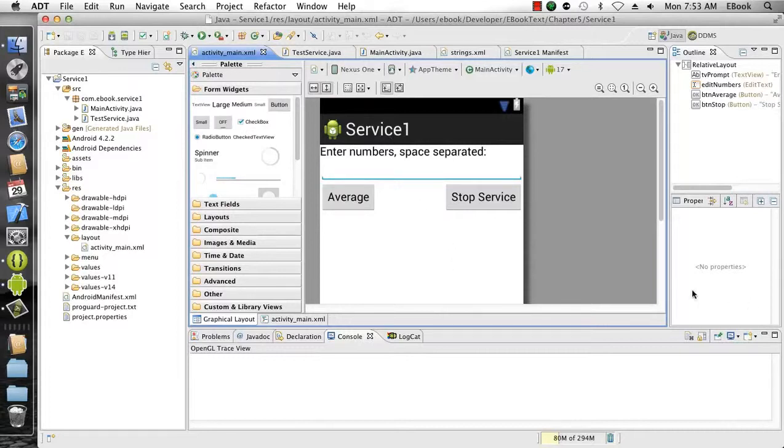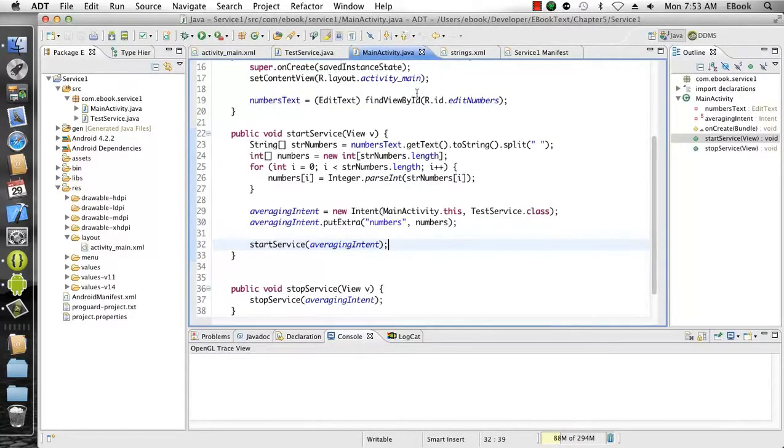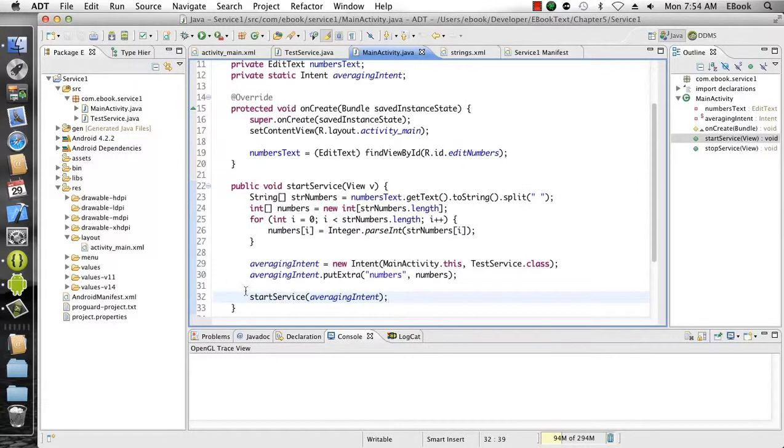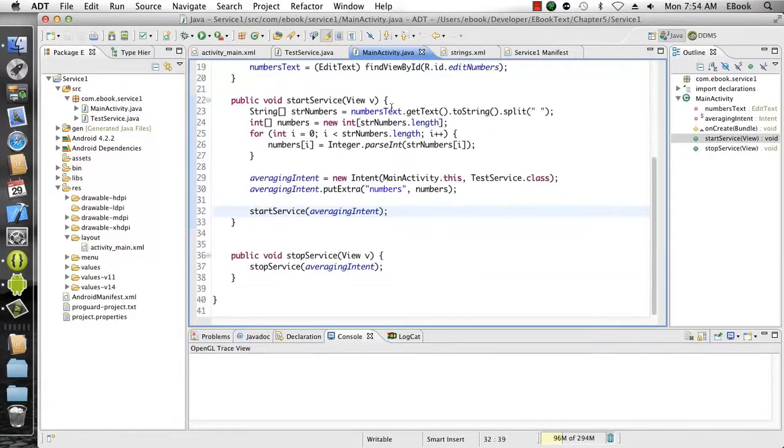Okay, so we have an edit text field here, and we have two buttons, and of course we have some prompt text. And the first thing we're going to do is look at the main activity. The main activity, all it does is it looks for that edit text by finding it by its view ID, and then it sets up an intent. So the first button is answered by this method called start service, and the second button is answered by a method